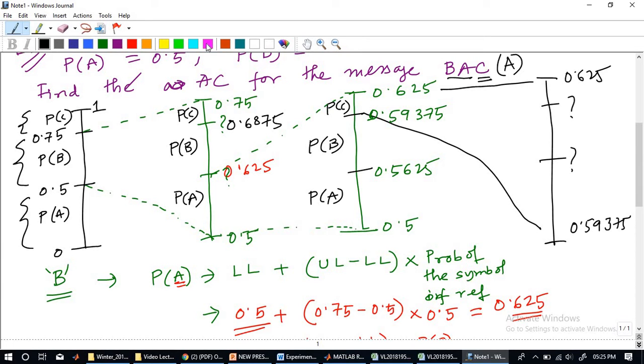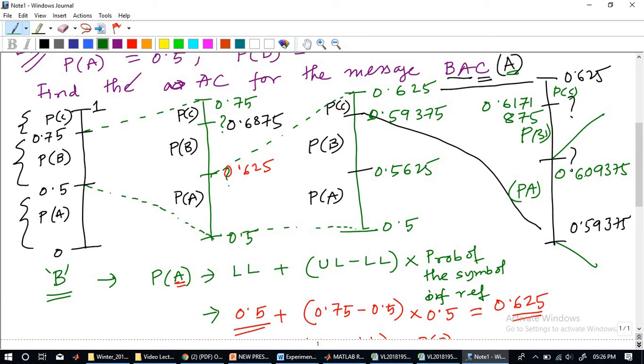Okay, I'll write 0.609375. Correct. And this one, 0.6171875. That's correct. So this is after C has arrived and we have calculated. Now we have the symbol A. So A will be expanding this part. That's the rule. So A will belong here. P of A is here, P of B is here, and P of C is here. So you expand this one.